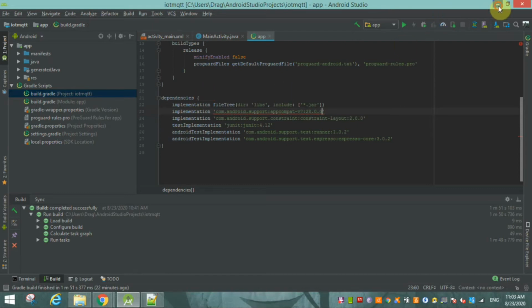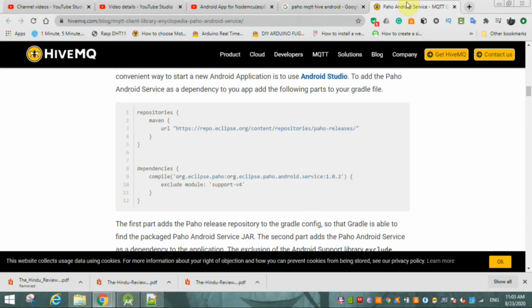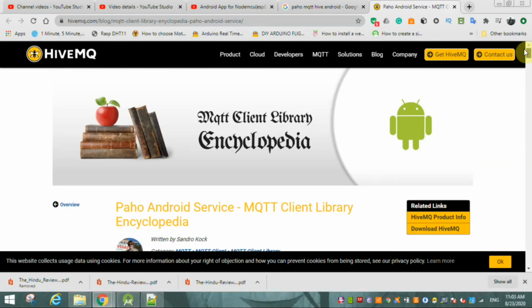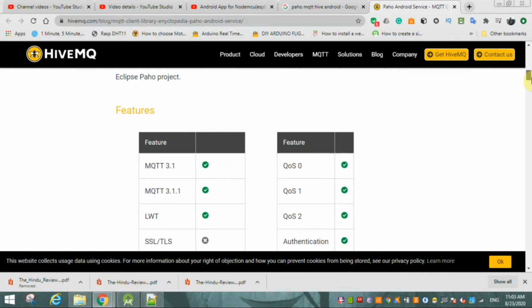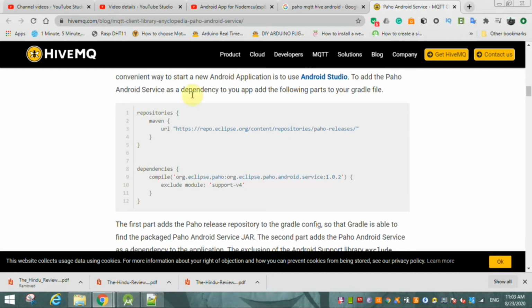First of all, open Google and search for Paho MQTT HiveMQ Android, and click on the first link suggested by Google. You will find the HiveMQ website, and this is the person who made this whole thing for everyone, and it's totally free. He's a nice guy.